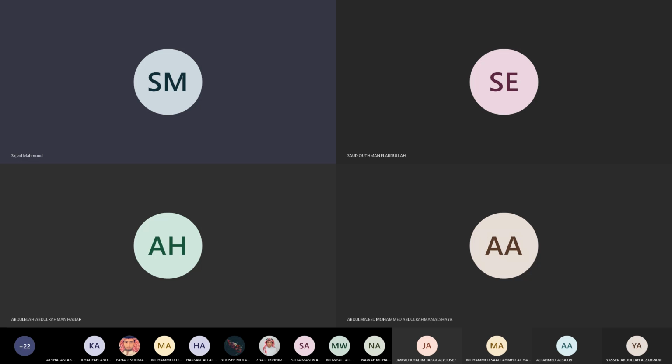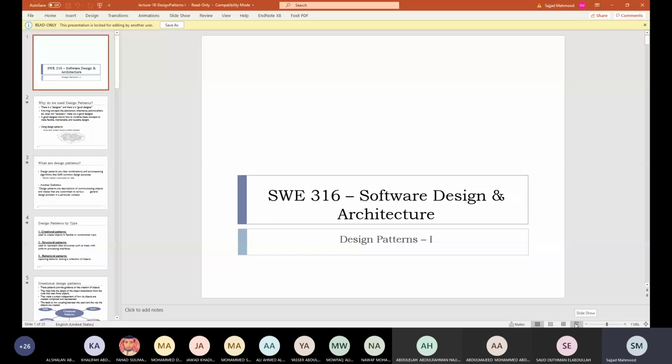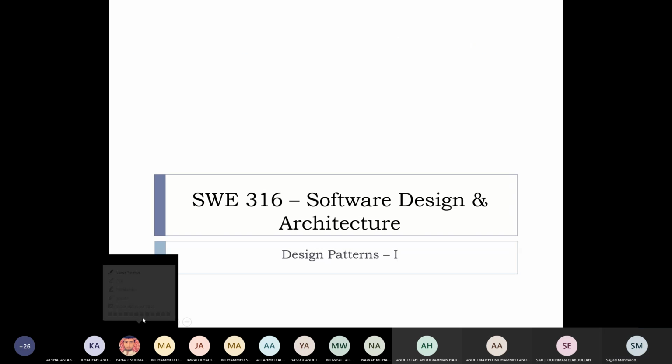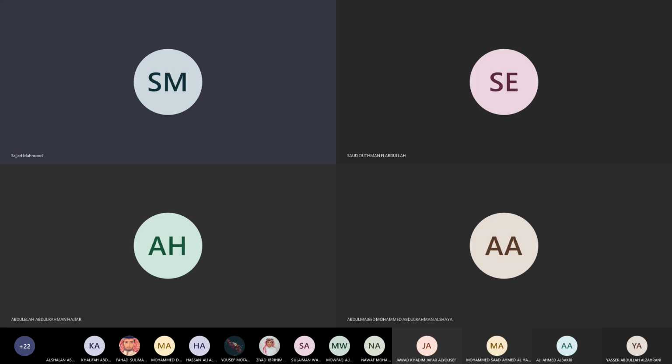I'm just going to start and give you basic information about it, and then, inshallah ta'ala, from Sunday onwards we'll talk about design patterns. But before I talk about design patterns and what exactly they are,